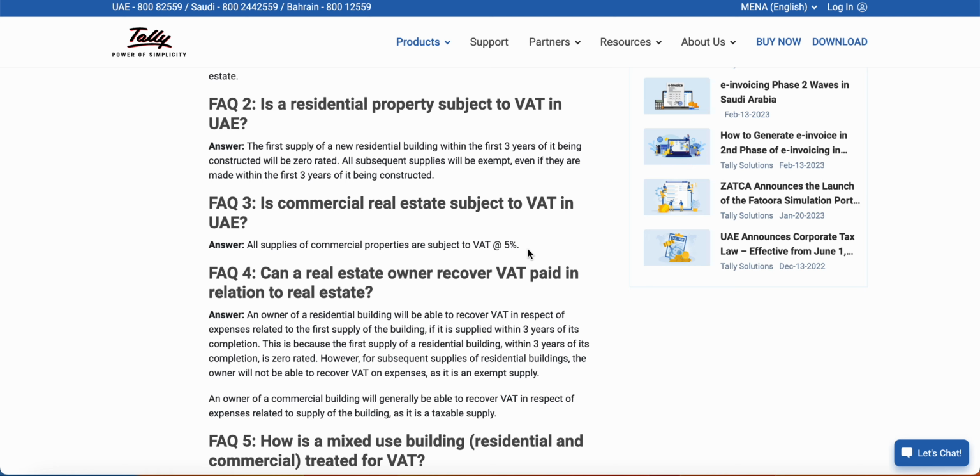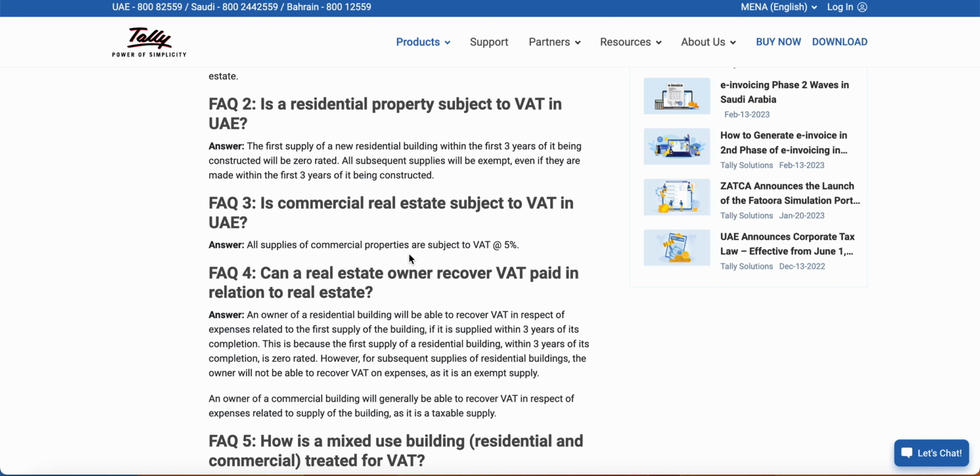So, as a commercial property business person, you have to register at some point, and that may be if you're in your first sale, as well as if you are a trader and you're keeping these as stock. So, in your second, third sale, you may reach the amount of 375,000, and then you have to register and